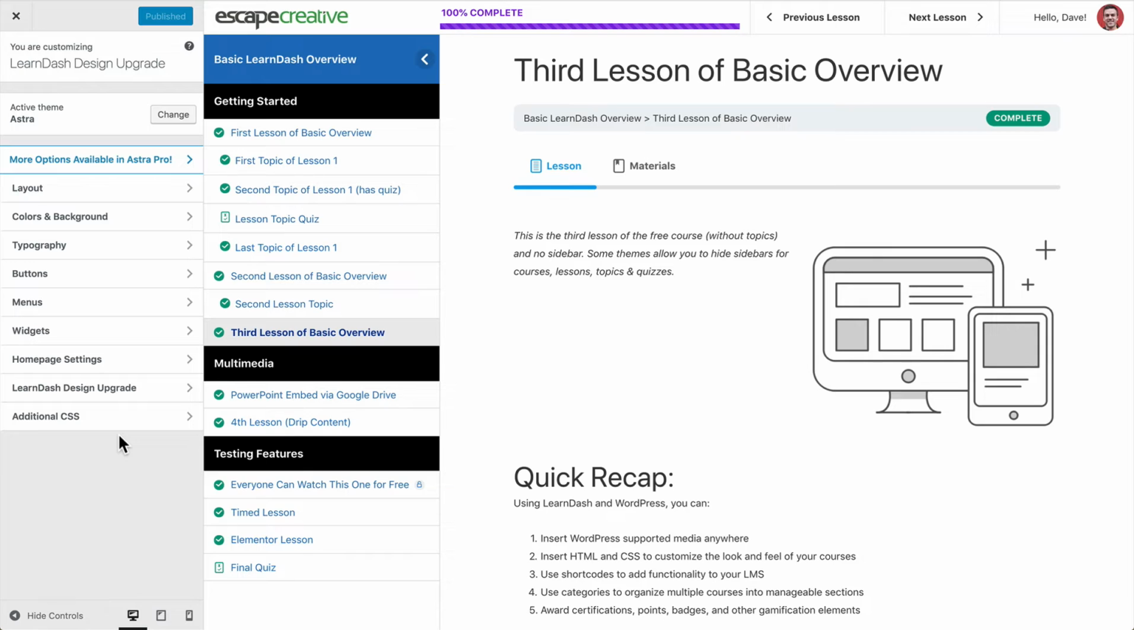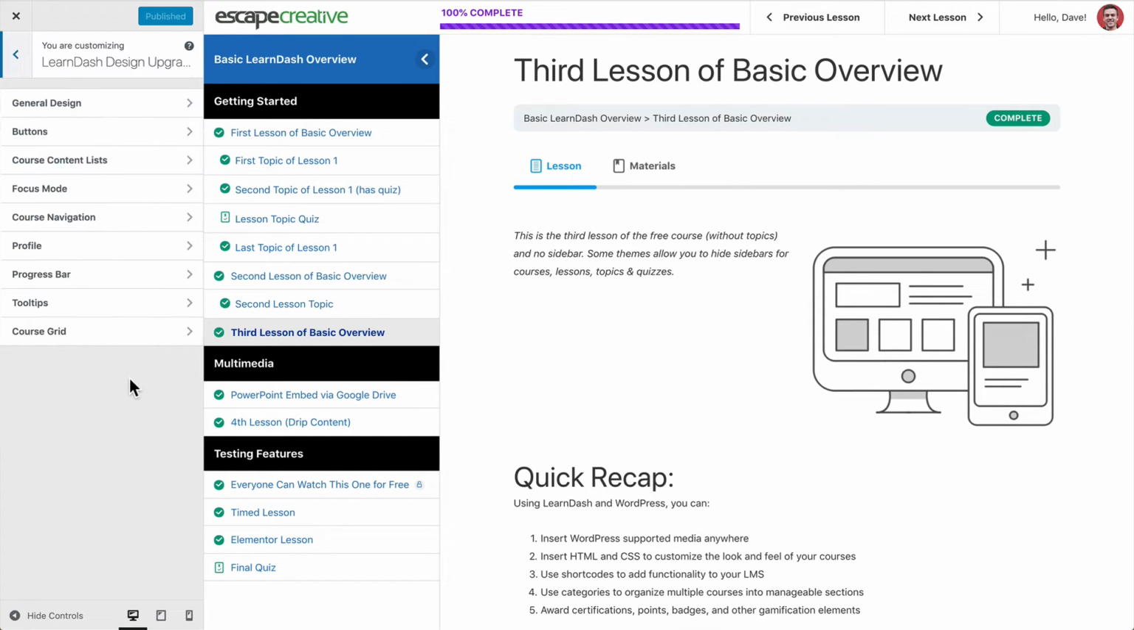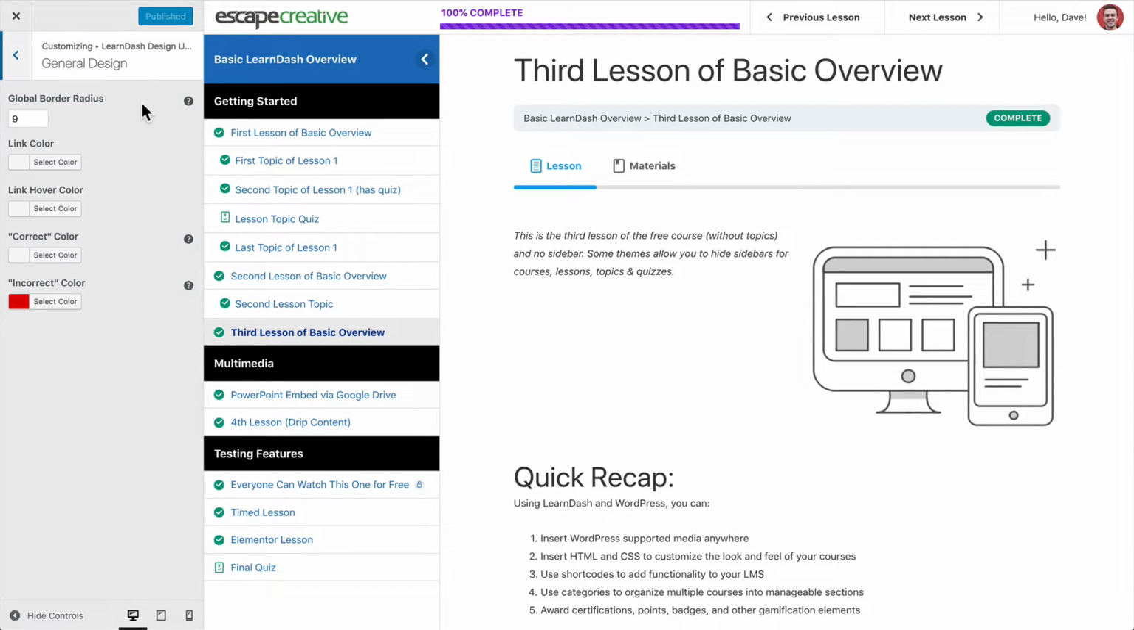All of the options for the plugin are going to be found in the WordPress customizer. You can get there by going to Appearance, Customize, and then you'll click on LearnDash Design Upgrade. Now you'll see a handful of different sections that we've categorized all of our settings into. So let's start from the top and work our way down. First up are just a few general design settings. These are things like your border radius, some link colors, and then a correct or complete color, as well as